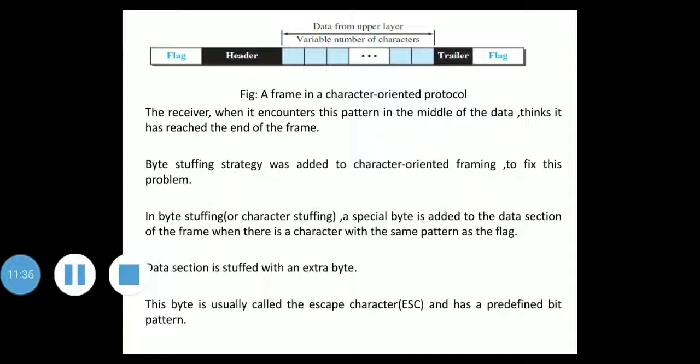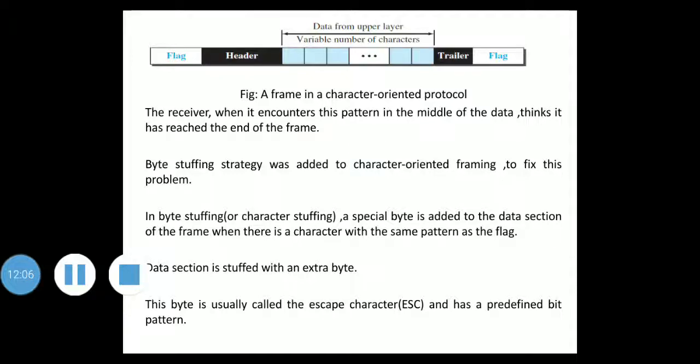But we can also send other types of information such as graphs, audio and video. Any character that is used for the flag could also be part of the information. If this happens, the receiver, when it encounters this character in the middle of the data, will think that it has reached the end of the frame. So this problem has to be fixed.